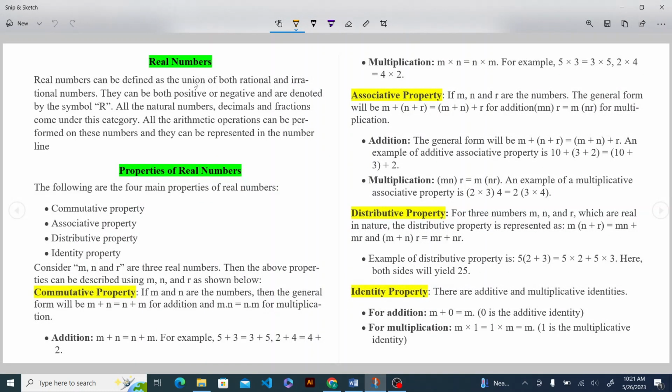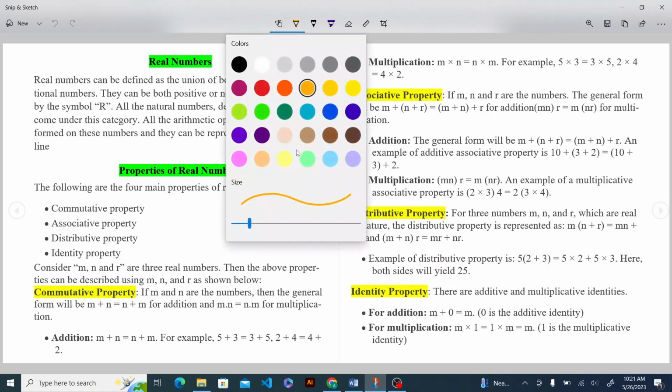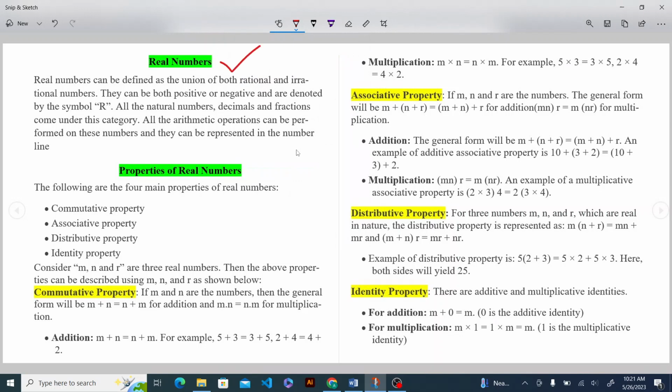Today's topic is real numbers and its properties. Firstly, we are going to do real numbers and then we will move towards properties of real numbers. Let's read the definition first. Real numbers. The definition says